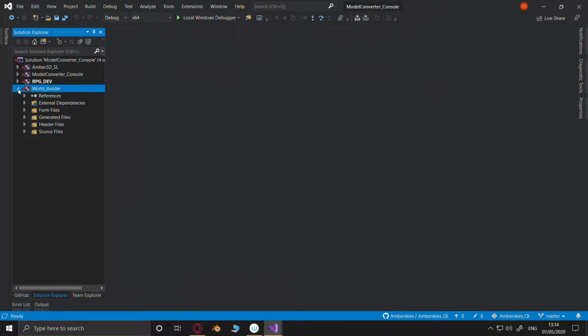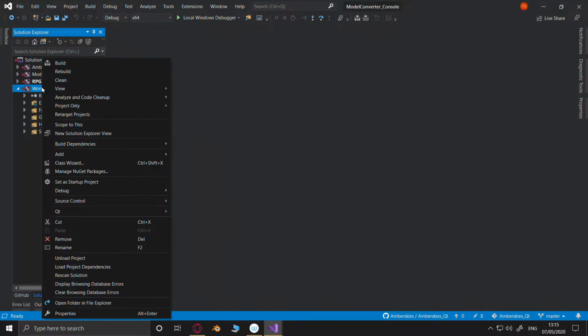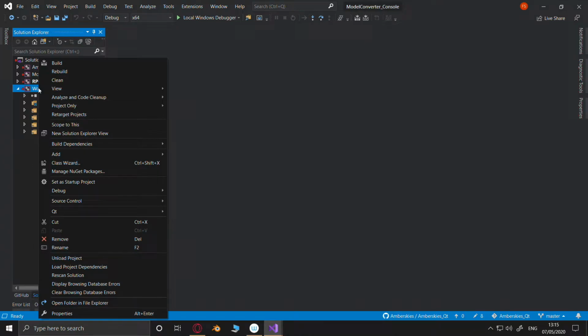Now, there's a few problems with World Builder. Damn it. I've done it wrong. How do I close it?